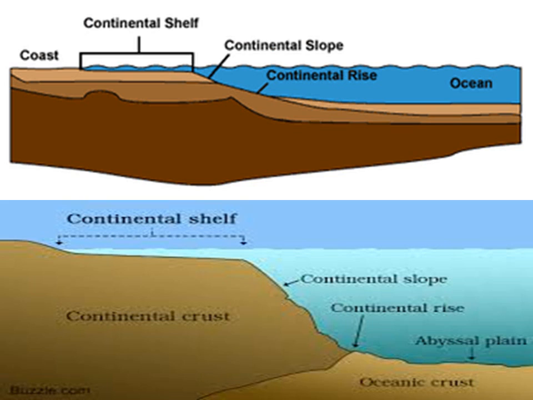It forms a boundary between the continental crust and the oceanic crust. Okay, so this is the boundary of continental crust and the oceanic crust. You see there, the second picture down, the picture is given down. So the continental slope is the boundary of the continental crust and the oceanic crust. Got it? This zone is free from deposits as they are steep.